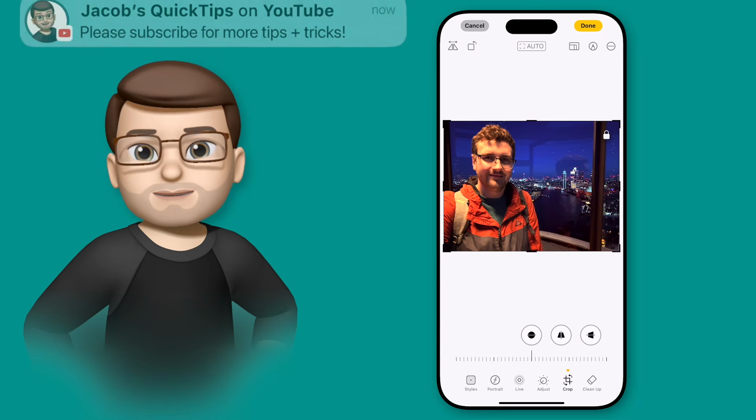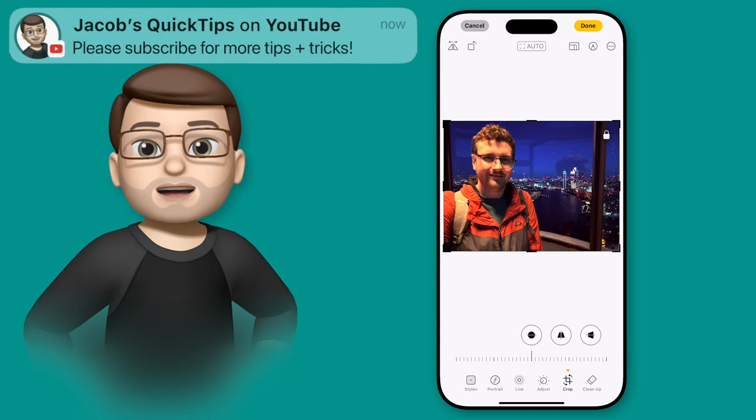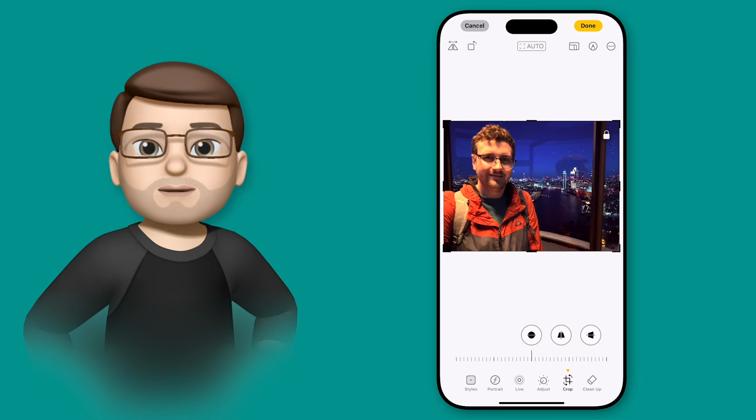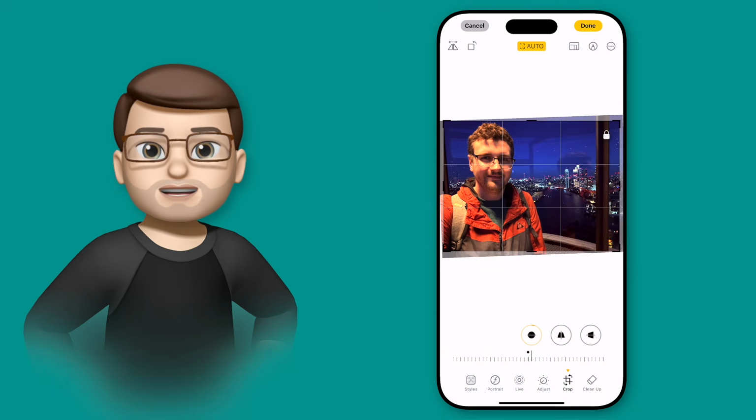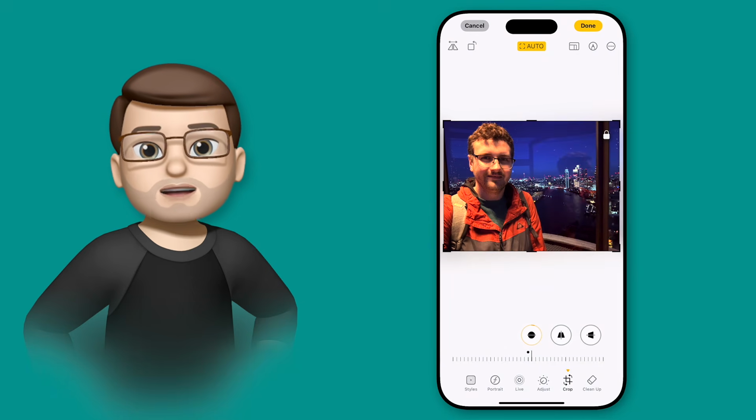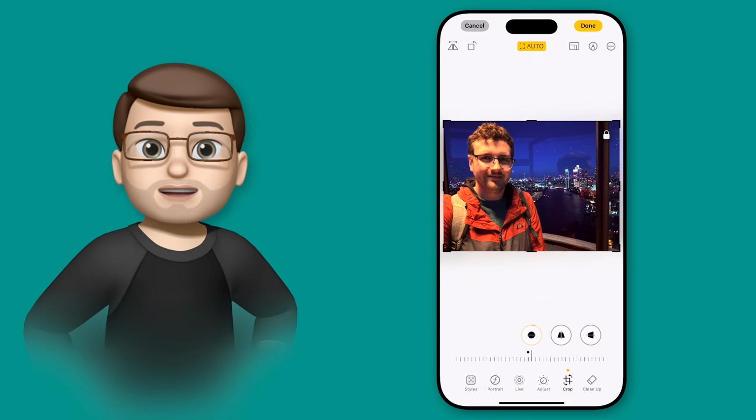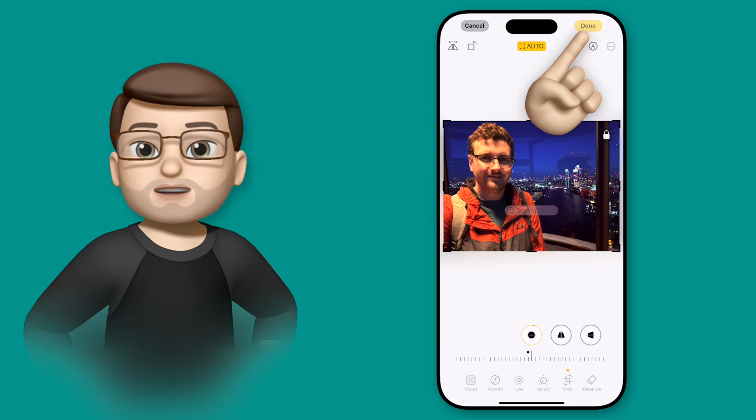That's much better. There's actually another button at the top here as well that says auto. And if I tap onto there, it's going to rotate the image ever so slightly to try and straighten up the horizon or correct any vertical lines in the picture. So it can be nice to do that as well. And then when I'm finished, I can just press done and it will save that new rotated picture for me